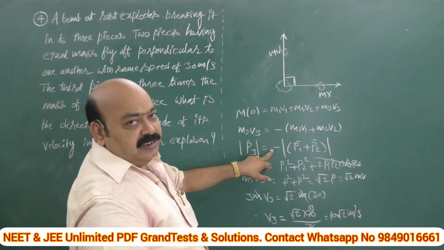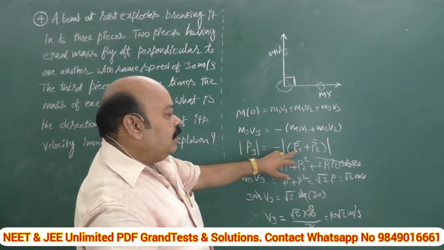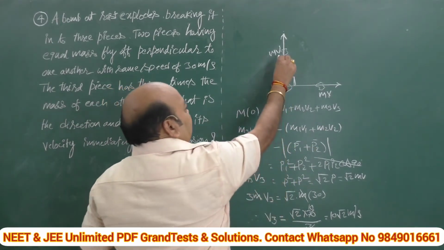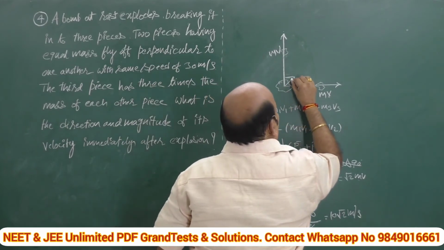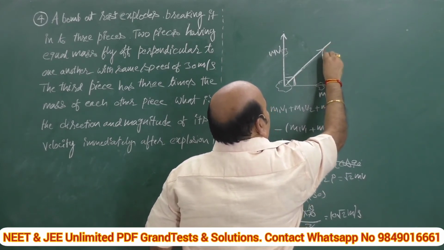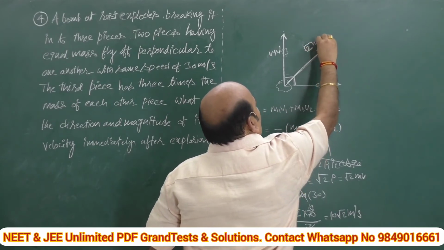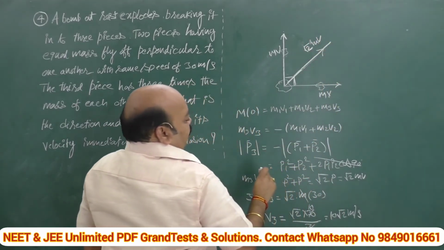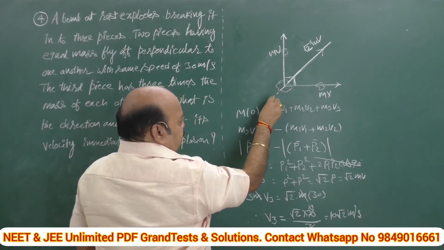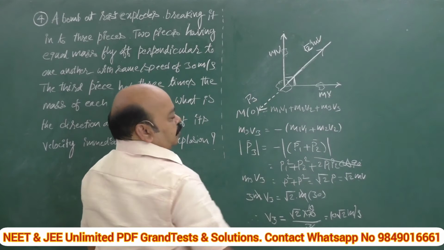Okay, everything is okay. Sir, what about this negative sign, sir? The momentum of the third piece is equal in magnitude, but in opposite direction to the resultant of these two. What is the resultant of these two? Tell me. The resultant of these two will be in this direction because they are identical, having the same mass, same momentum. It is nothing but root 2 mv. This is okay. Now what about this one? This one will move in the opposite direction to this one. That's all. This is about P3, the momentum of the third piece.